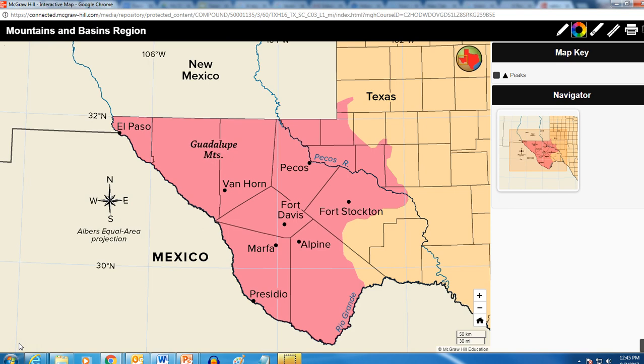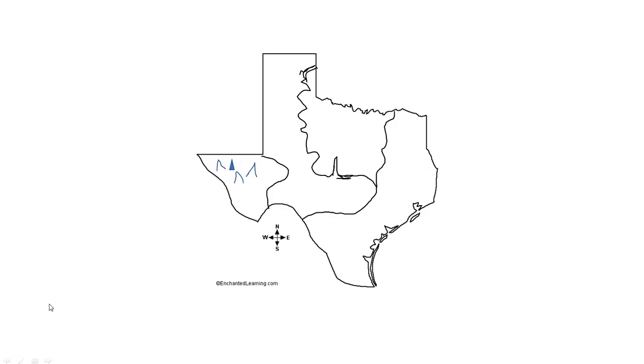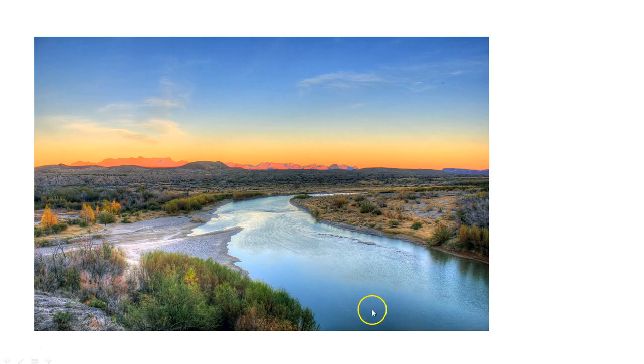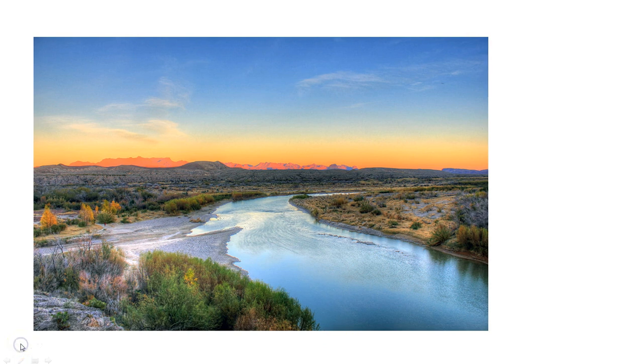Okay, next. There's one more thing I want to show you real quick, and that is, oh, there it is. That's what Big Bend looks like, at least part of it. Here we have the Rio Grande River. Here's one place where it's pretty shallow, easy to walk across, right? But this is Big Bend. Very beautiful. Lots of people like to visit Big Bend. So this is a big question I want you to think about. How do you think native people lived there? How did they survive in all this? Well, the Rio Grande helped, didn't it? What else? Okay, right now, push pause and let's think about this.